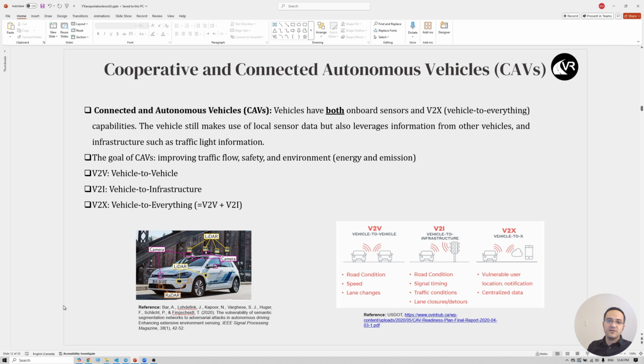Sometimes they call it a cooperative autonomous vehicle or cooperative connected autonomous vehicle, okay? So it has both technologies, the left image and the right image, which is V2V, vehicle to vehicle, and vehicle to infrastructure communication, and